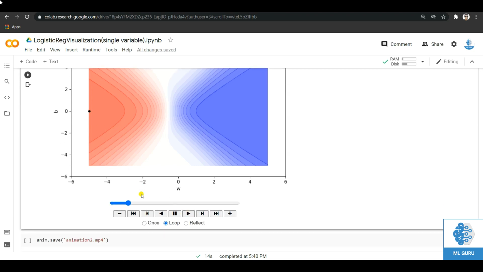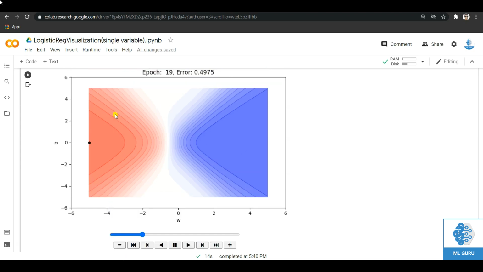As you can see, after each epoch the point is not moving that much forward. It has to reach over here, but due to this flat region over here, it is not able to update itself. So this problem is of the local minima, meaning the model has got stuck on this local minima. And this is the problem.